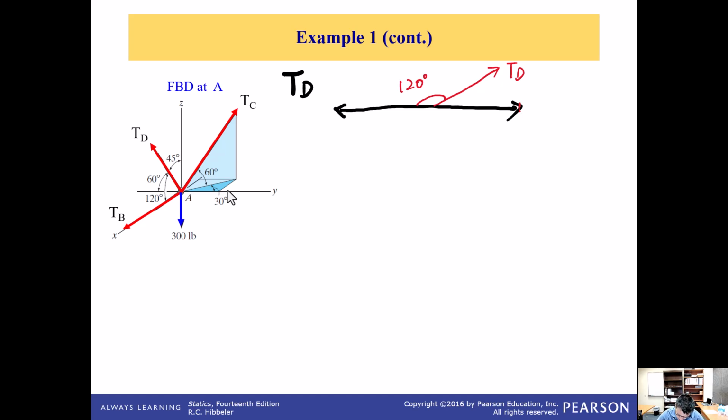So which means our TDX will become TD times cosine 120. And if we look from